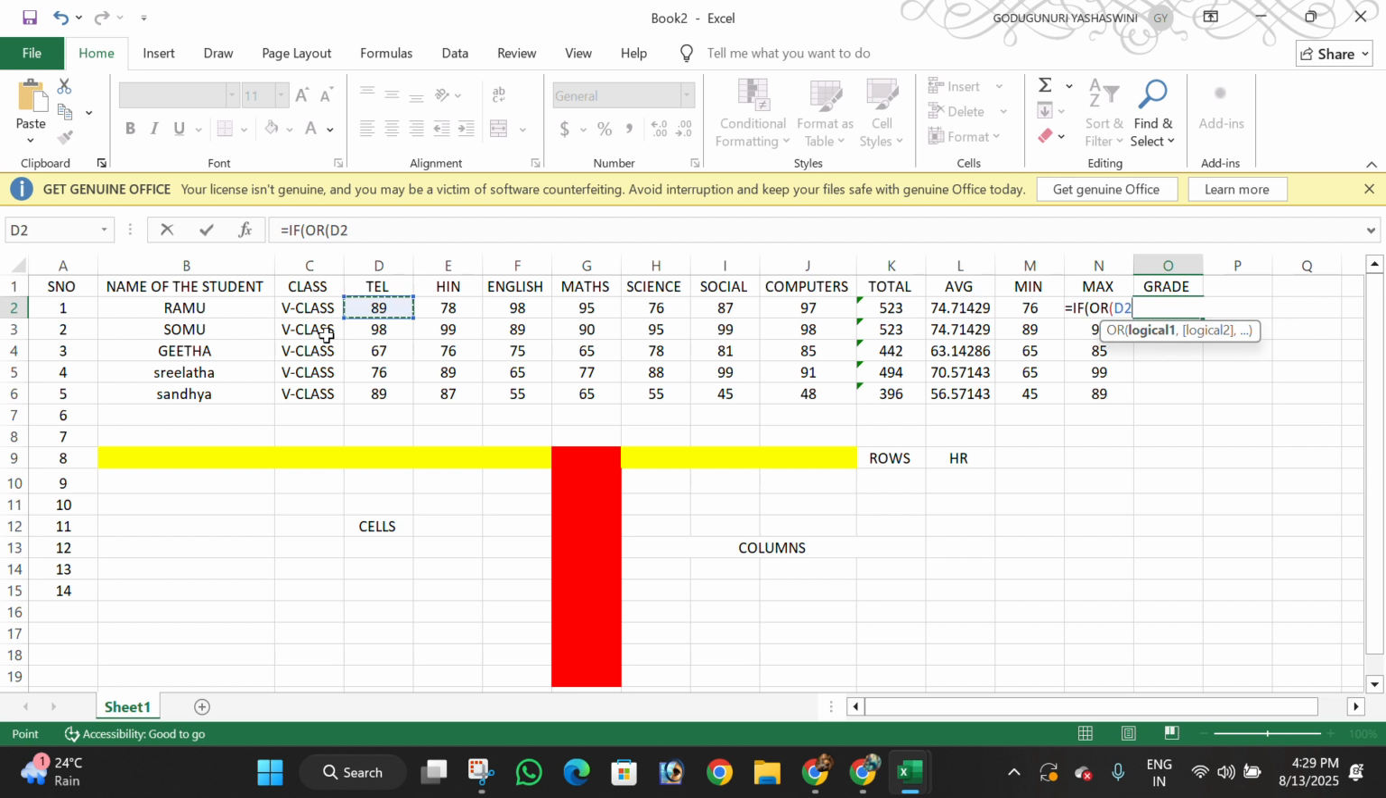D. What is the range of D here? I already said before, D2. You can type it here. D2 less than 35. I'm giving 35 marks here, comma. And the same thing, E2 less than 35, comma. You can carefully observe that when I'm typing the number, the particular cell is automatically selected. Now what is the column I need to type here? F2. F2 less than 35 and G2 less than 35 as well as H2 less than 35,